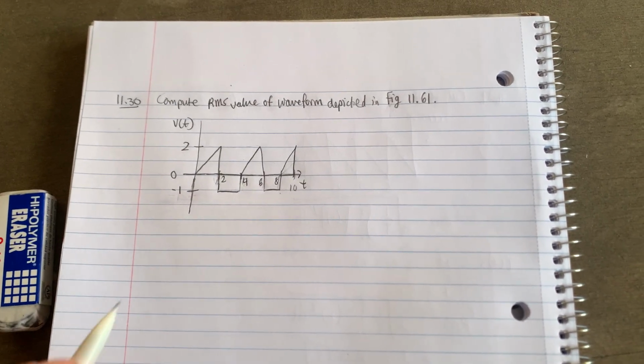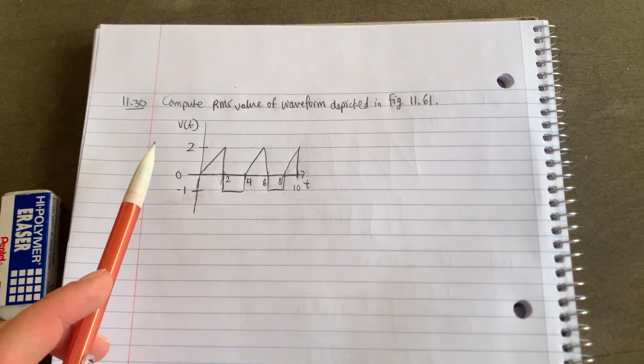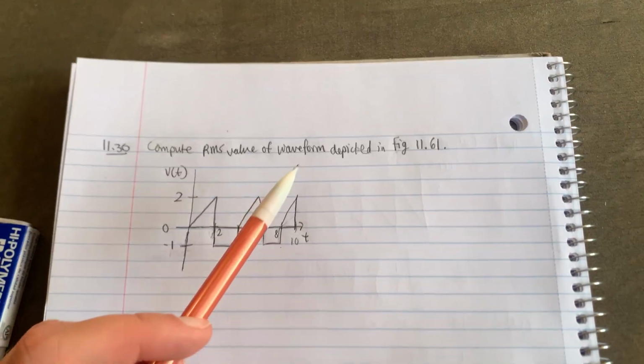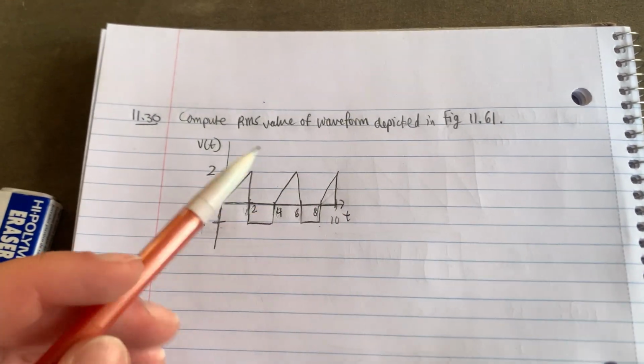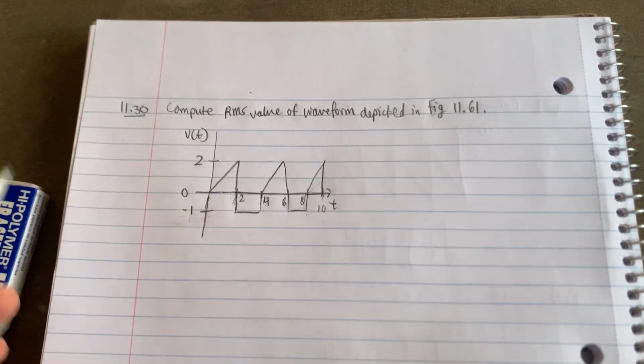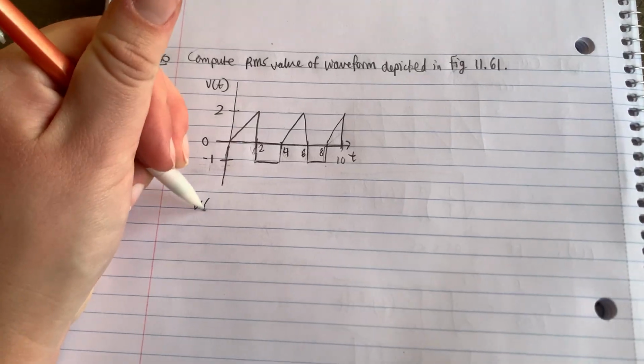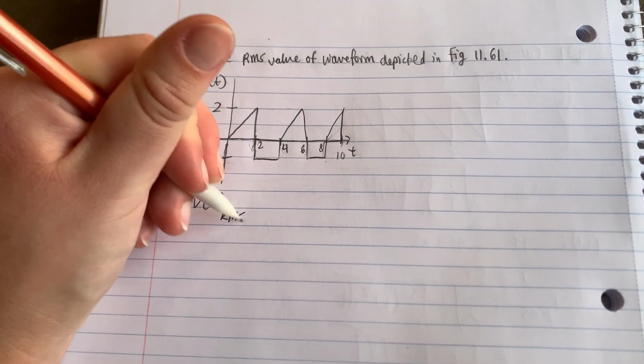Today we're doing Sadiku problem 11.30. Compute the RMS value of the waveform depicted. Here we have a voltage function. For RMS, we have a formula